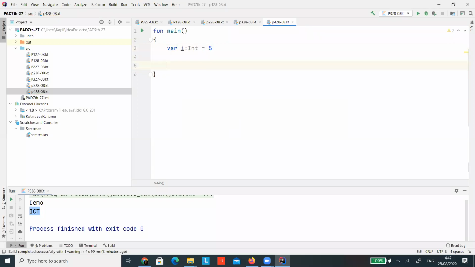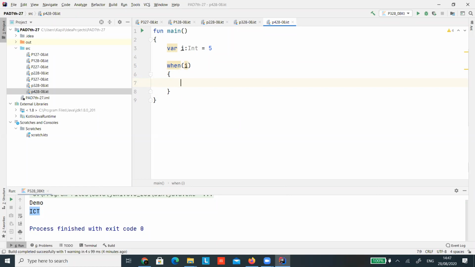Now based on this value, I want to make a switch case. So here there is when. In when you can pass the value of the variable name, and then you can write down the switch cases. You need not even write case or anything like that.